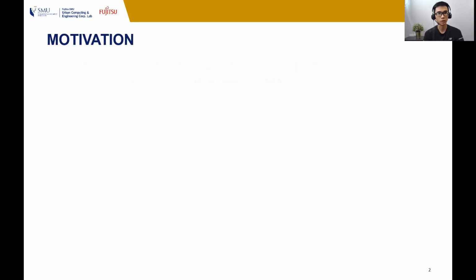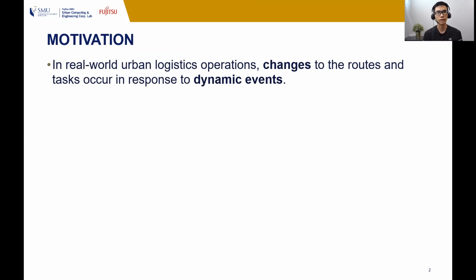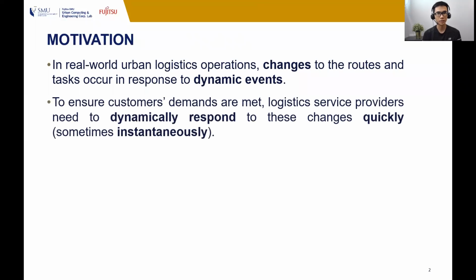In real-world urban logistic operation, changes to the routes and paths occur in response to dynamic events, such as a new request coming in, cancellation of requests, or even changes to the traffic condition. To ensure customers' demands are being met, logistics service providers need to dynamically respond to these changes quickly and sometimes instantaneously. So our research work is really about helping this logistics service company to make better decisions in response to